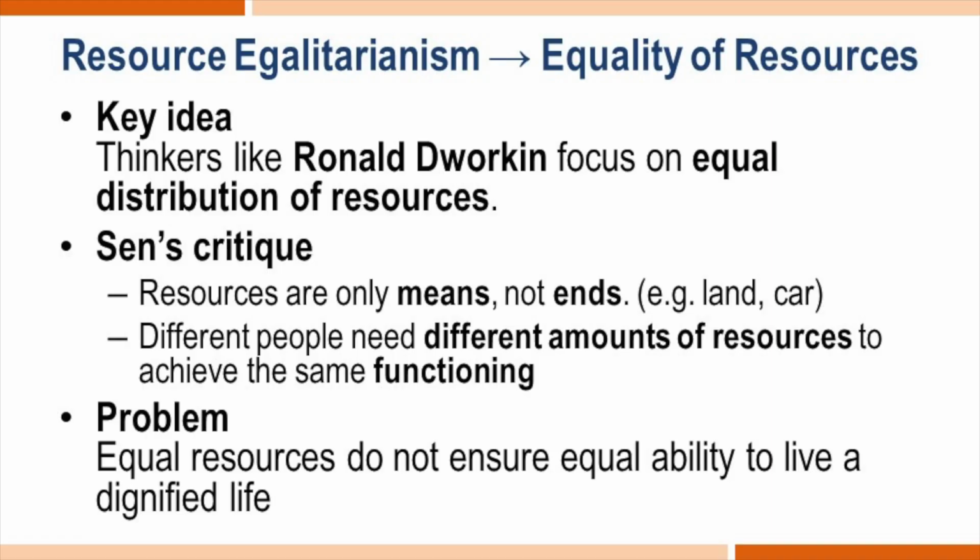Another perspective which Sen tries to argue against was resource egalitarianism, that is, equality of resources. This is still a dominant argument: that we need to provide the equal distribution of resources, equal entitlements, equal access to resources to everyone. If we provide this equal access, then only can we expect that they will have the same opportunity, resulting in the same achievements. Sen, however, provided a critique.